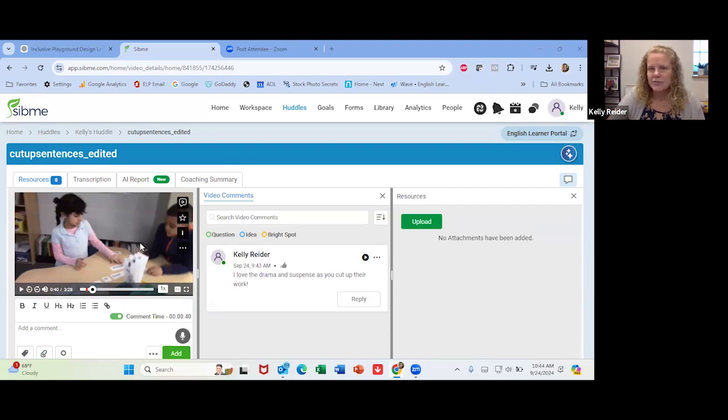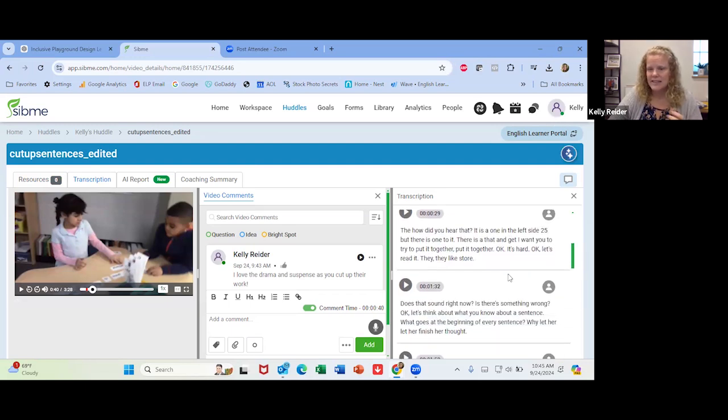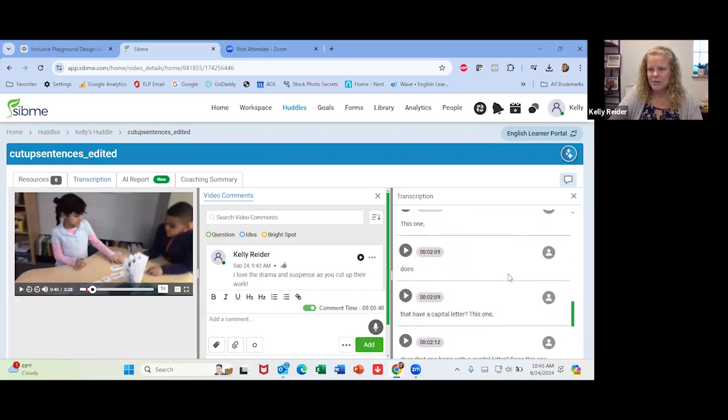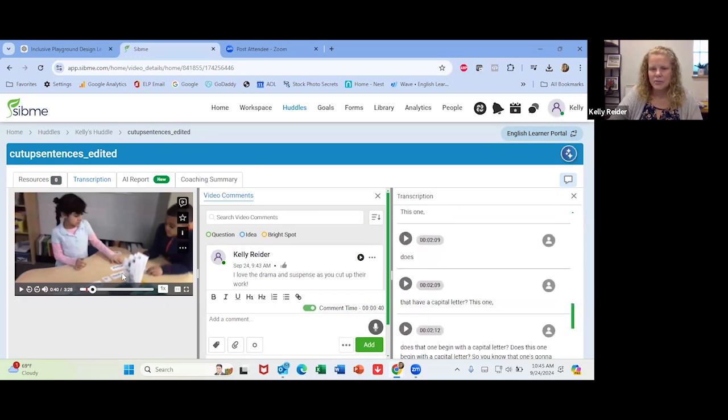Now, here are the great features that save us a ton of time when we're coaching. We can click transcription, and here we have, I did not have to sit there and write everything they said. Here is exactly what was said in the lesson, and you can match it with where the red marks are for the comments that I wrote.